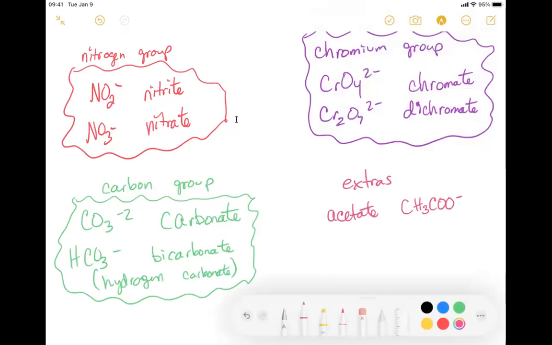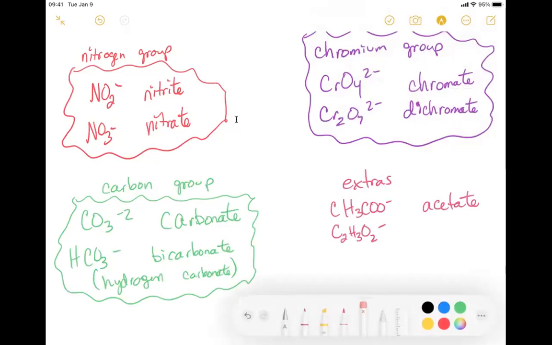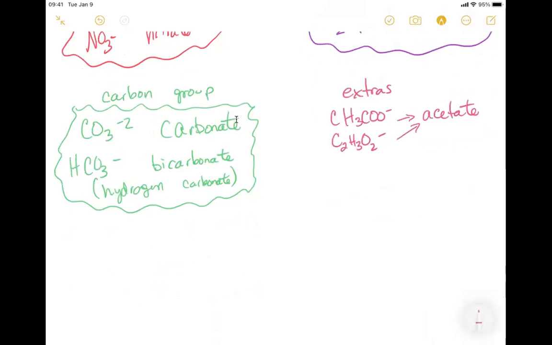Probably the one you'll see more often is CH3COO minus. That's called acetate. The other formula is just combining the C's, the H's, and the O's together. So this is also sometimes referred to as C2H3O2 minus. So you see that way they just take the C's and put them together and they combine those 2 O's. It's the same thing. So I want to make sure both of those are acetate. Okay. So I'll do these individually. And then we have